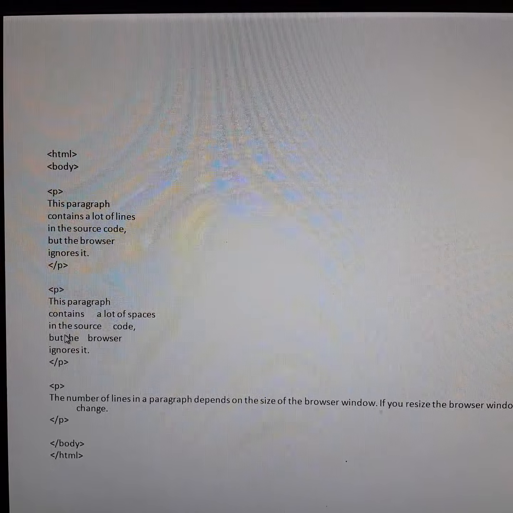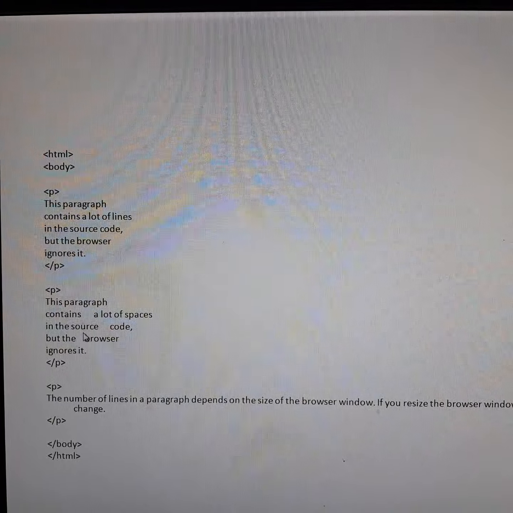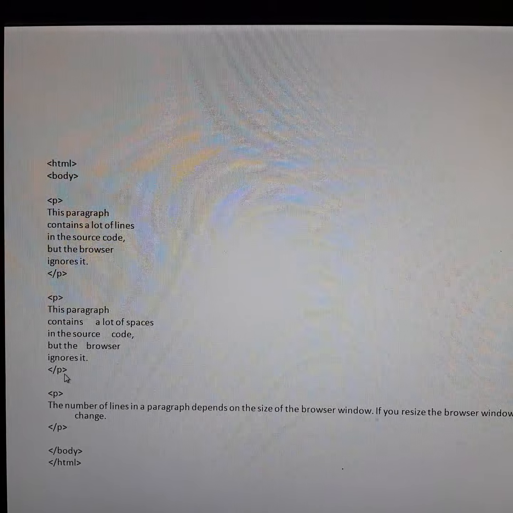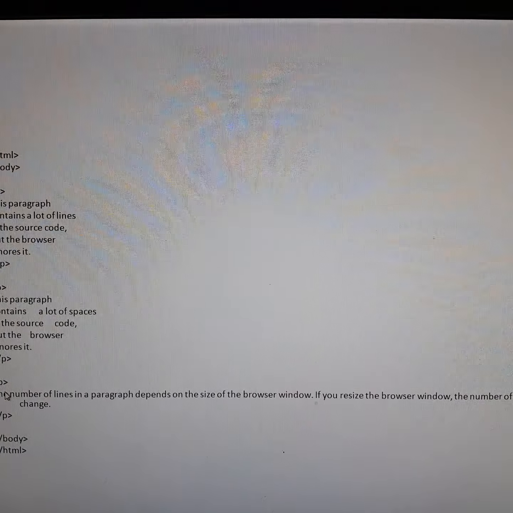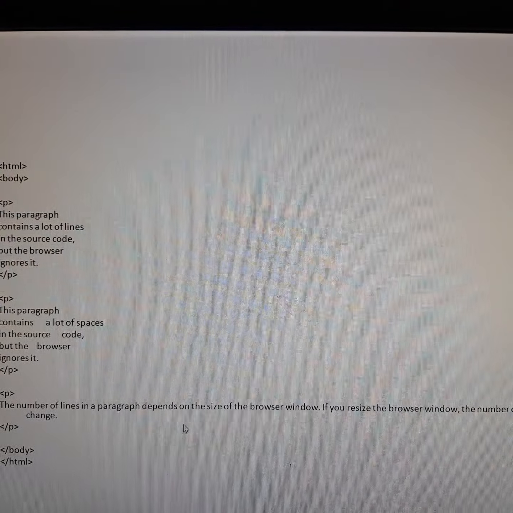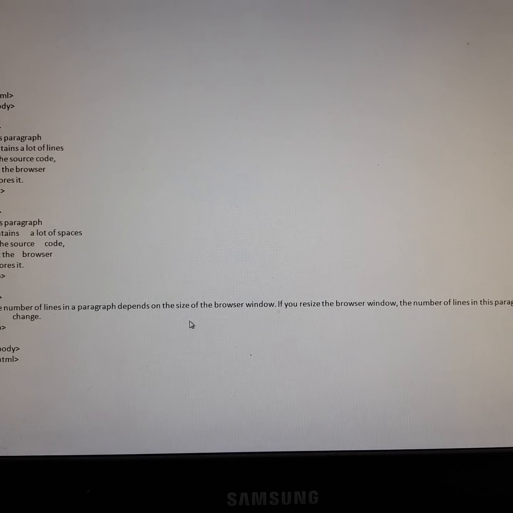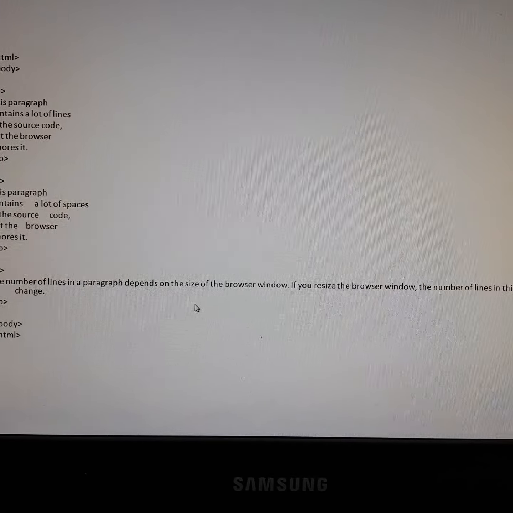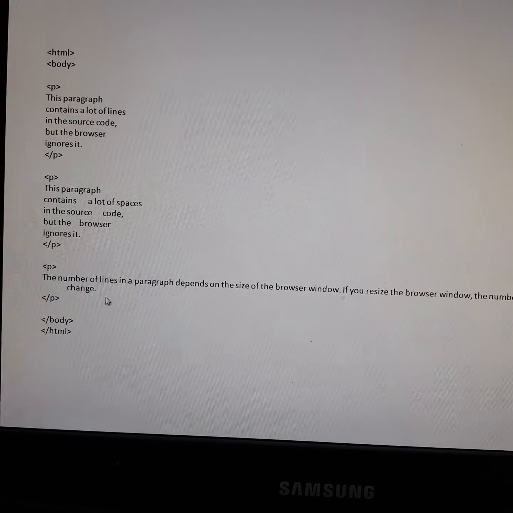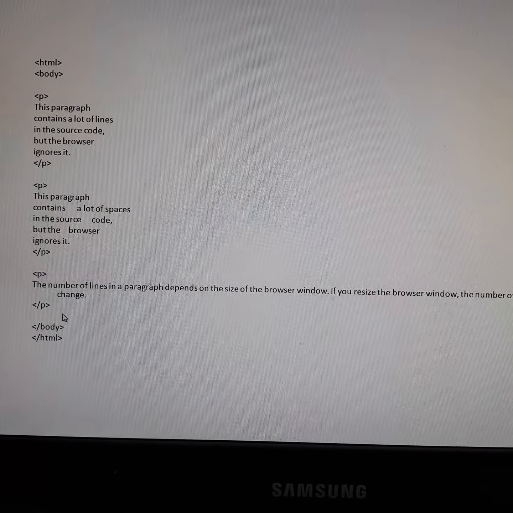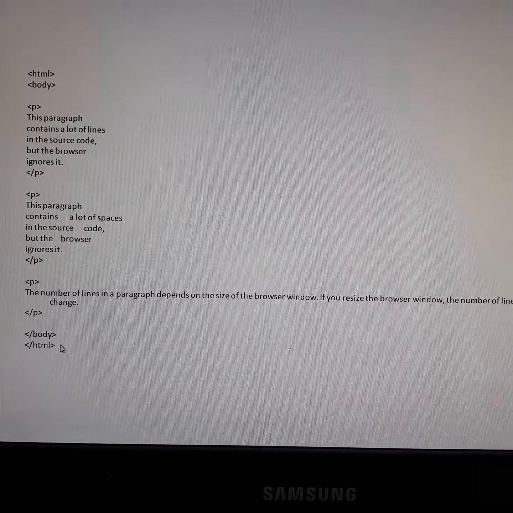Similarly, another paragraph: this paragraph contains a lot of spaces in the source code, but the browser ignores it, then closing paragraph tag. Then another paragraph tag: the number of lines depends on the size of the browser window. If you resize the browser window, the number of lines of this paragraph will change. Closing the paragraph tag, closing body tag, closing HTML tag.